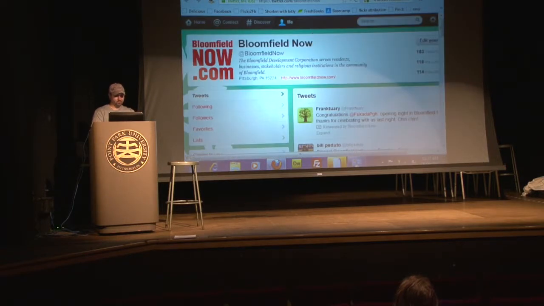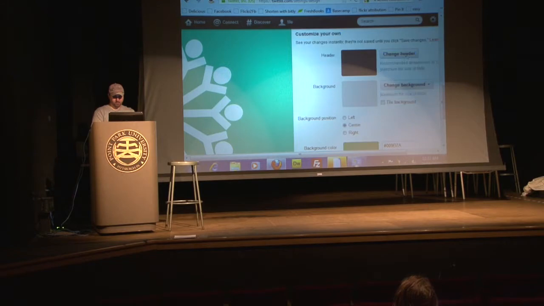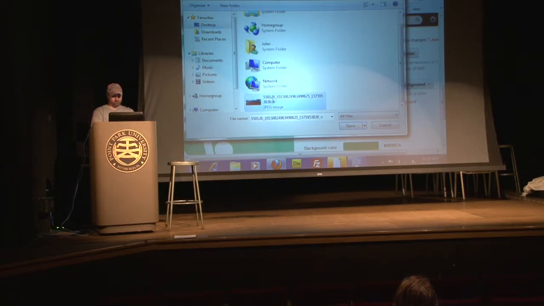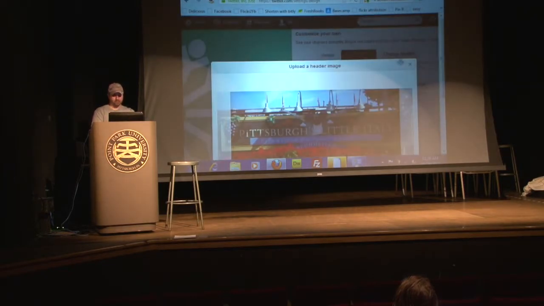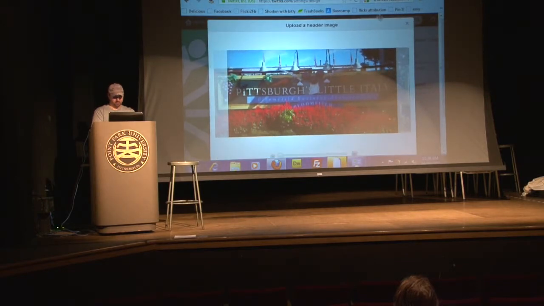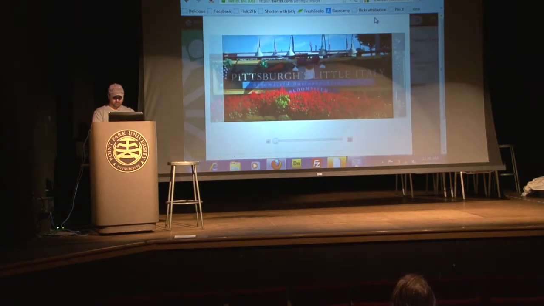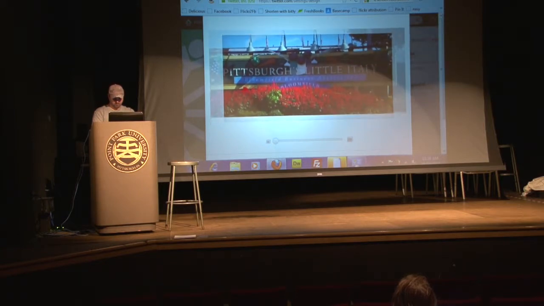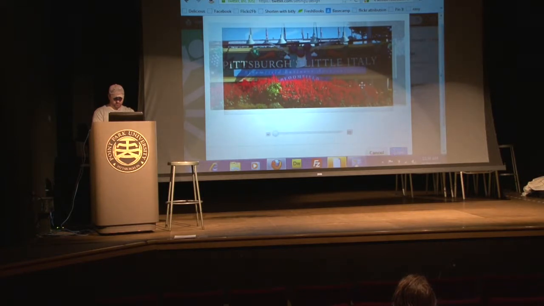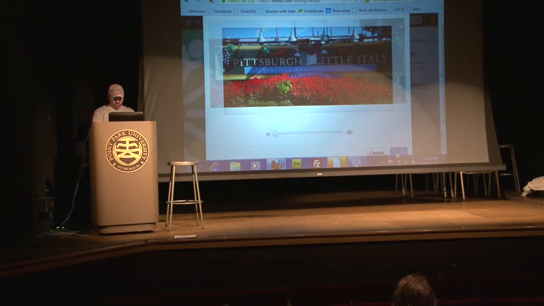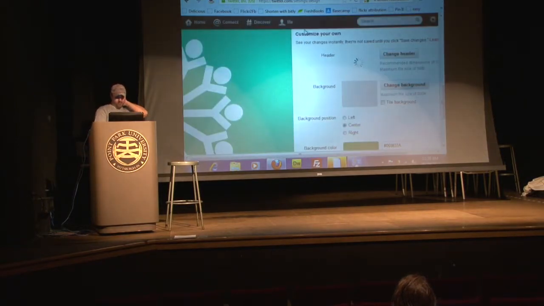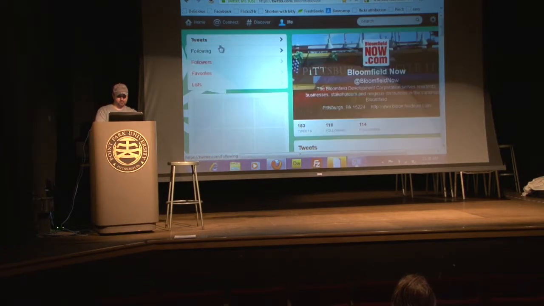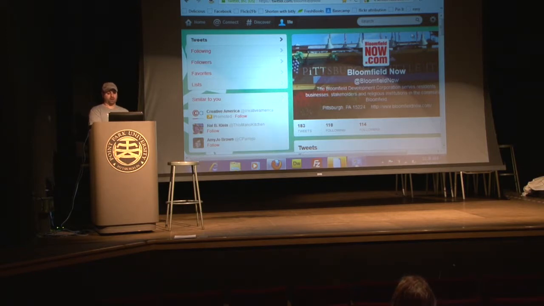So this is what that profile looks like now. And when I change header, I have an image on the desktop. And it's not optimally sized, it's actually just the header image that I used on the Facebook, or that one of our staff members used on the Facebook page. I'll just move around, how to center it, and save. And now, when I go to view my profile page, it's the new profile layout, where I have my avatar in front